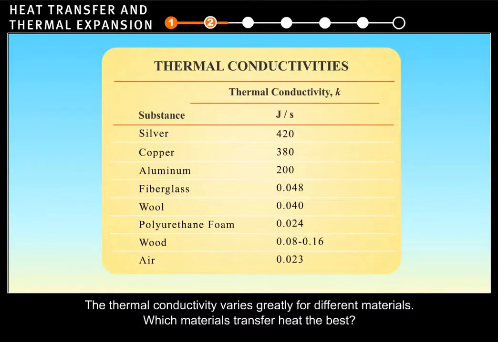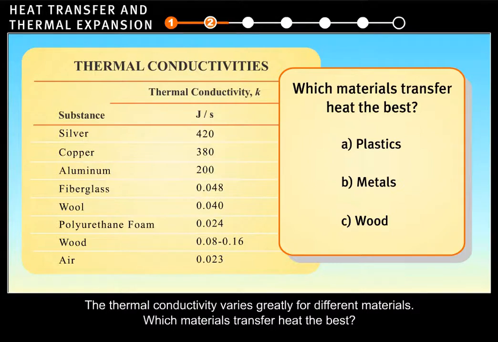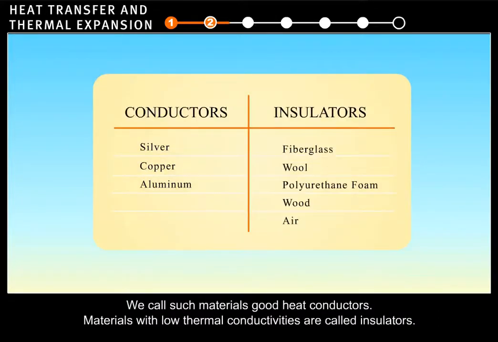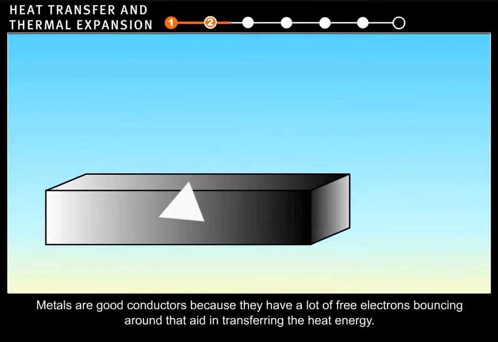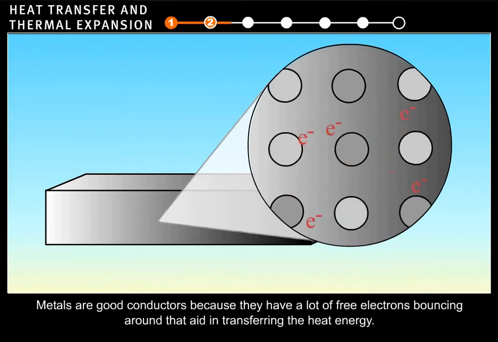The thermal conductivity varies greatly for different materials. Which materials transfer heat the best? Correct. It's materials with high thermal conductivities, like metals. We call such materials good heat conductors. Materials with low thermal conductivities are called insulators. Metals are good conductors because they have a lot of free electrons bouncing around that aid in transferring the heat